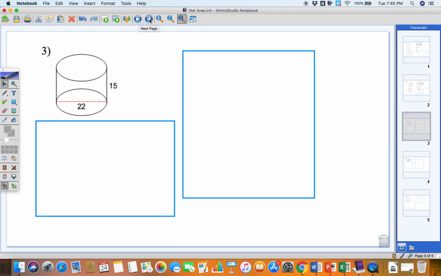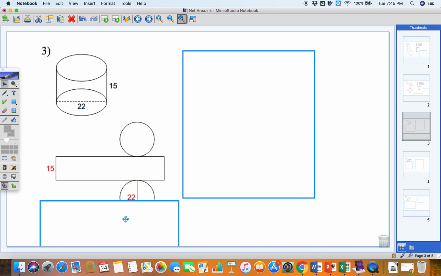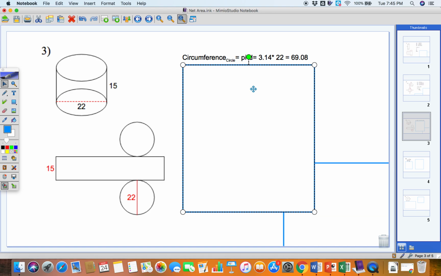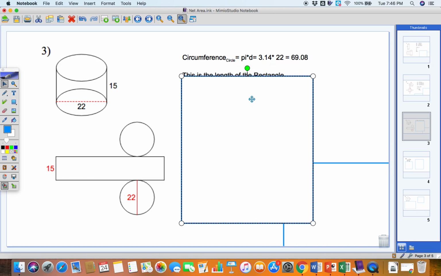So now we're going to look at a cylinder. Cylinders are probably the trickiest of the composite area because when you look at the net, it gives you the height of the rectangle, which is 15, but it doesn't give you this length here. And then, of course, it gives you the diameter of the circle. But to find this length of the rectangle, you have to find the circumference of the circle because they're equivalent to each other. So the first thing we're going to do is find the circumference of the circle, which is